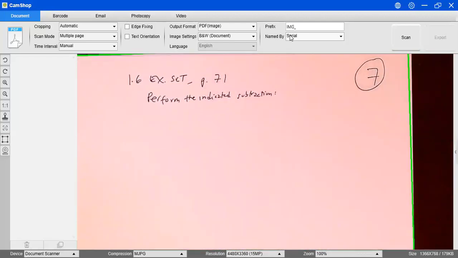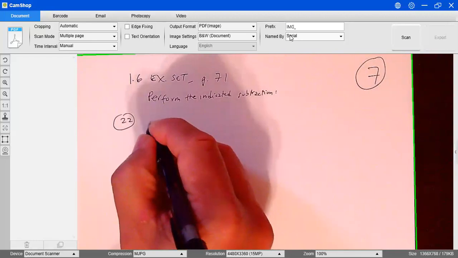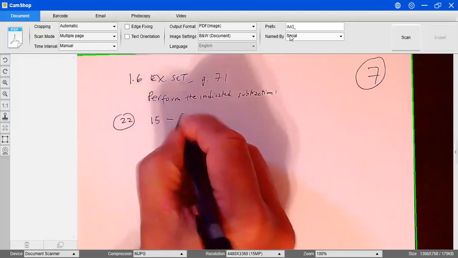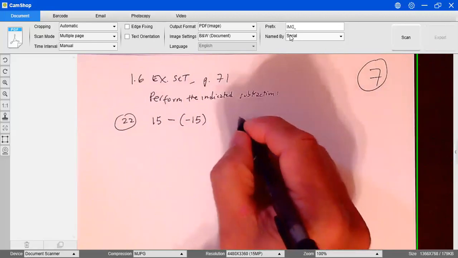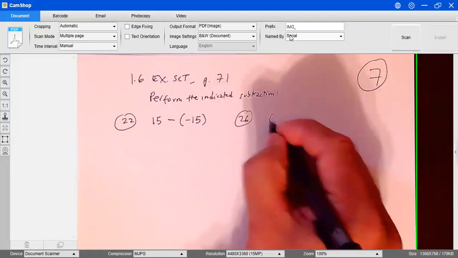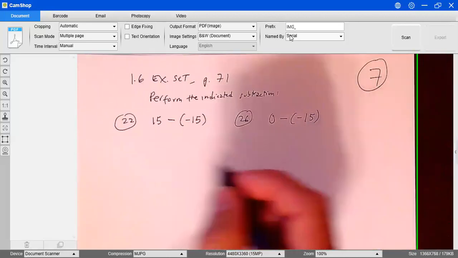And remember, subtractions are just addition. So we have 22 is just 15 minus -15. Then we have 26, the 0 minus 15. Then we have